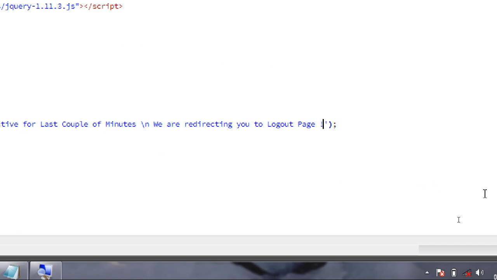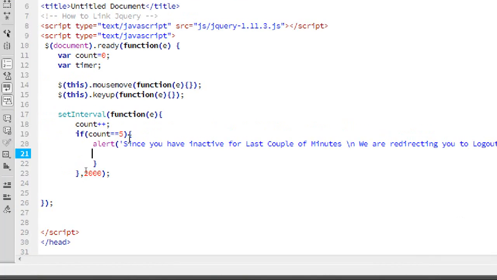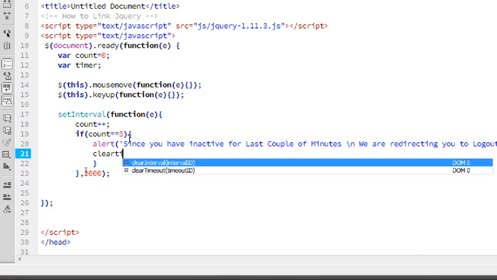As because you are not doing anything, that's why we are advising you to log out, and the timer will be stopped then. So clear timeout,